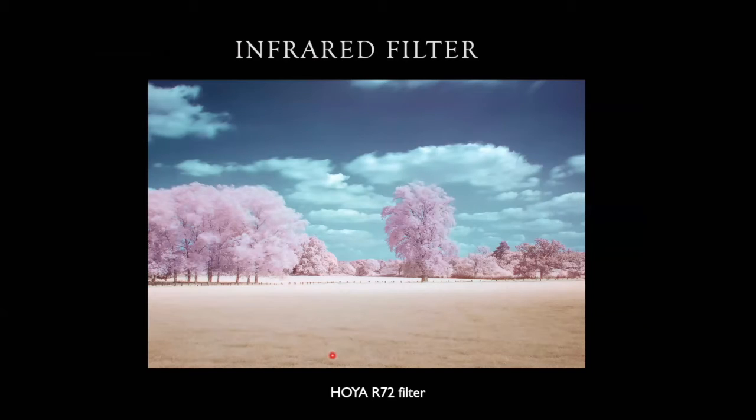Or you can buy these filters. This is one example, a Hoya R72 filter, which basically makes infrared into visible light so that the camera can record. Now, a camera cannot see infrared, but the filter makes this particular infrared into a visible spectrum of light so that it can be recorded. We don't see these pictures because even our eyes are not really sensitive to infrared, but they can create real good fun when you take photographs like this.